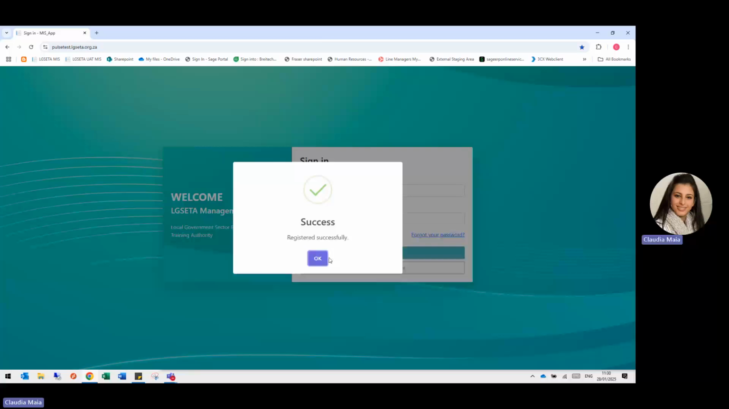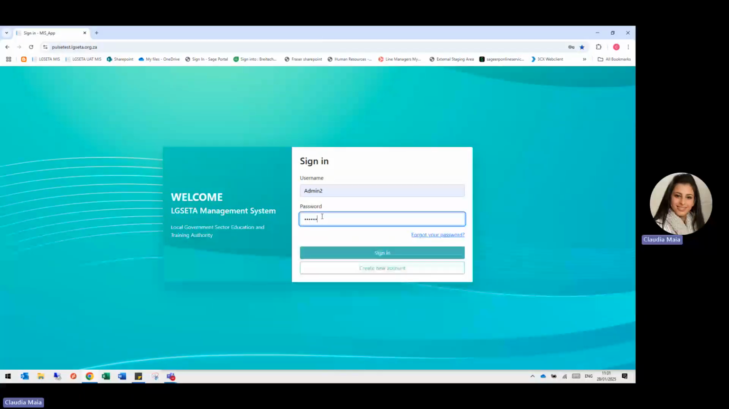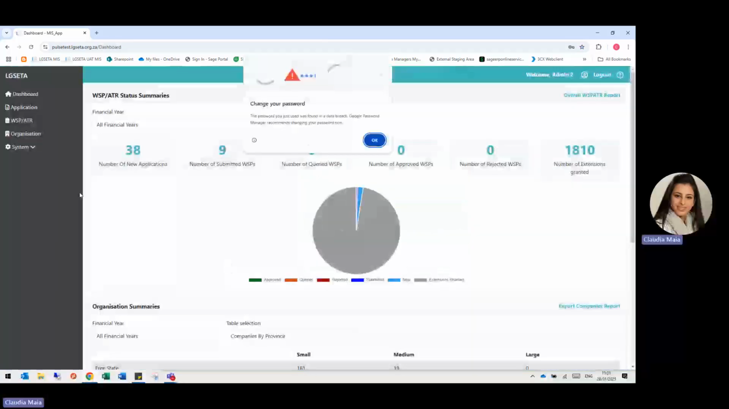At this point, you would not be able to log in as yet. The SDF user would receive an email to say a person has been registered. Can you go and approve or reject the person record in order to create a username and password? If I click OK, and I log in as a SDF administrator to then create the specific or approve the specific SDF or person record, I'm going to log into the environment,